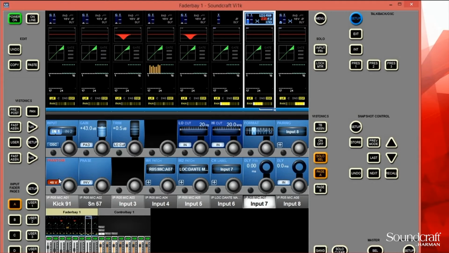You want to also be careful when you're switching this on and off. If it's a really expensive microphone that you paid a lot of money for, I would have my phantoms off and then plug in the microphone and then switch it on. The phantom power doesn't just snap on. It comes in gradually, and also when it switches off gradually, to not put just a load on the mic. So if it's an expensive mic,